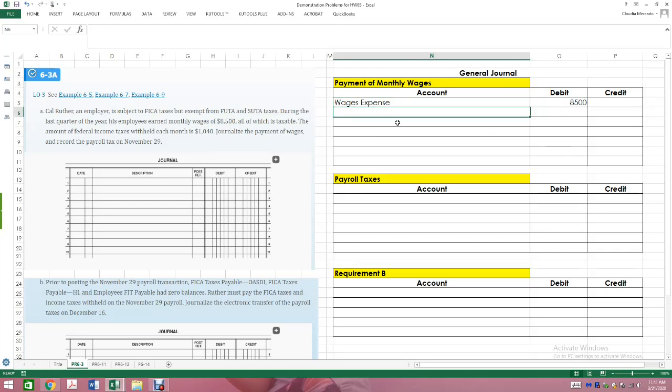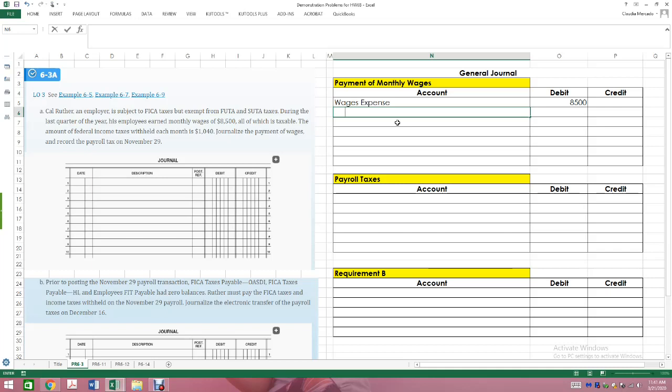Okay, now we need to figure out how much we are going to withhold from our employees' paychecks. There are certain taxes that each employee needs to pay, and before we give the employee their money, we make sure that we take away those taxes, so we, the employer, are responsible for remitting payment for those taxes. So we take the money out of our employee's paycheck, we put it in our temporary account, which is a payable account, and then at the end of a specific period, either a quarter or a month, whatever the case might be, you take the money out of that payable, and then you send it out to the different